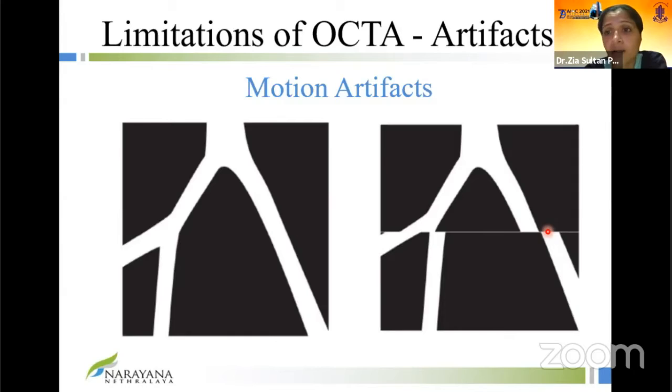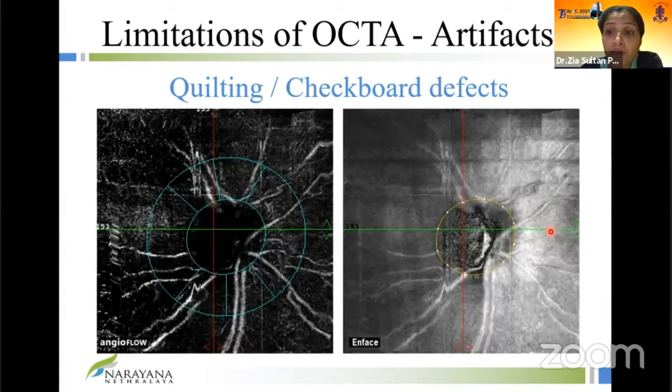These are very common. And nowadays, if they're in the periphery or in an area where we're not calculating vessel density, it is still okay to use this image. But if it comes anywhere within your area of interest, you can't use the vessel density because of the artifact. Now, sometimes because of microsaccades, this can be a big problem, especially in advanced glaucoma. So a lot of times you get this kind of defect called the checkerboard defect, which has these sort of checks or a quilt pattern. And this is because the microsaccades cause high variability and these vertical and horizontal lines across. And these are images that you just cannot use.